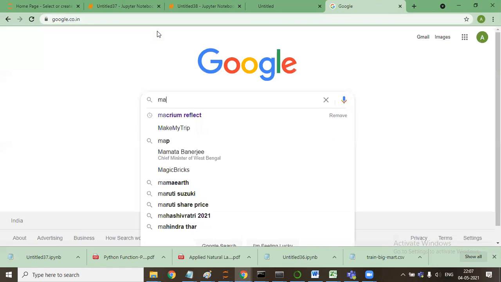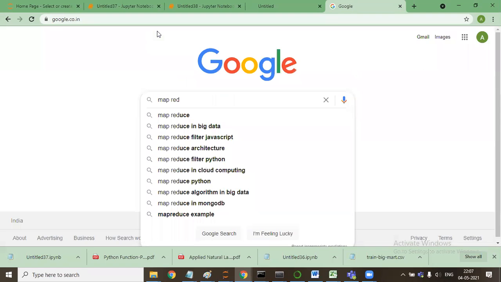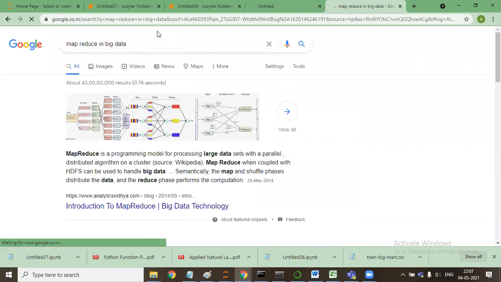Now the concept has come. It is a programming tool for processing large data with a parallel distributed algorithm on a cluster. MapReduce, when coupled with HDFS, that is Hadoop file storage, can be used. The map and shuffle phase distributes the data, and the reduce phase performs the computation.